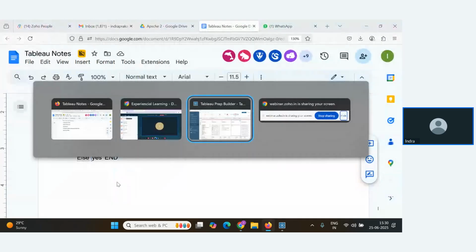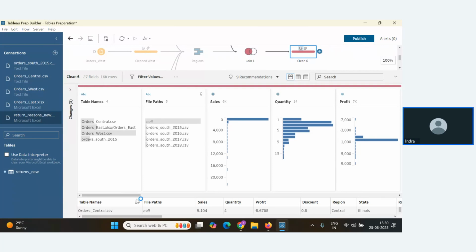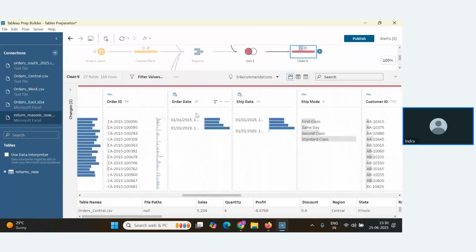Next thing, if you see here, I have two fields related to date. First is order date, and next is the ship date. There are certain differences in the dates between when the order was placed and when the order was shipped.